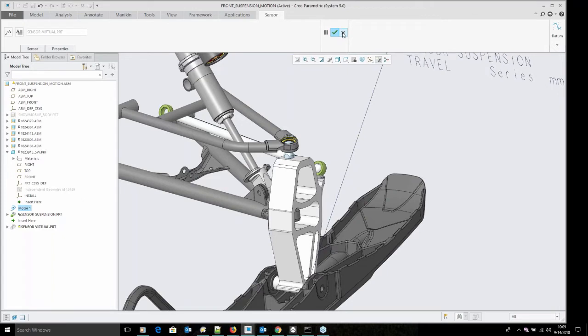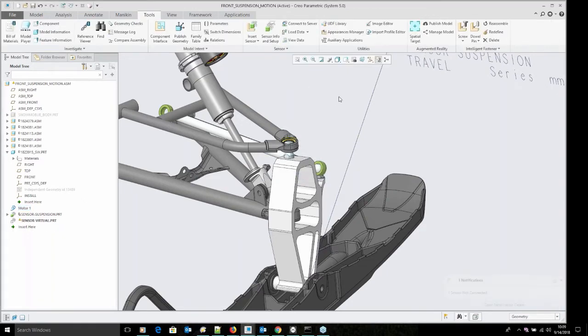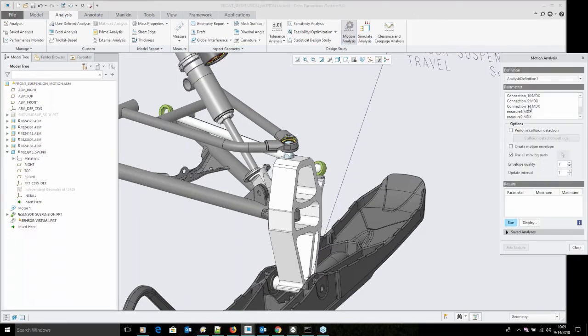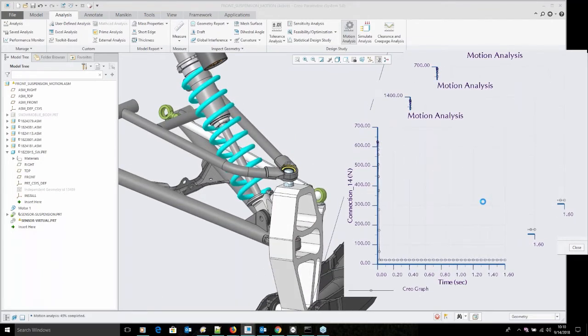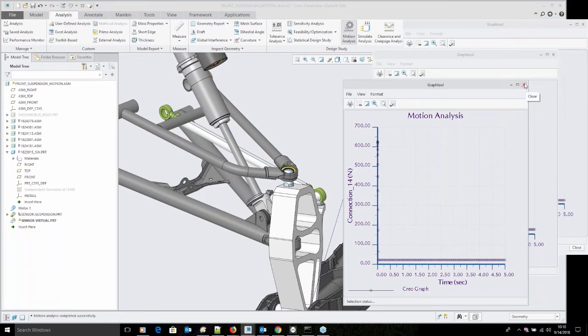Oh, yep, the step that I think I missed here is I need to go back and run my motion analysis first. So let's go back and do that. Go back here to my analysis. We'll just do a quick motion analysis for this. This is the piece that I missed here. So I just need to run this. This is where I'm actually creating the connection between these 3 different connections, and I need to run that first. That's why I couldn't connect that, because there's no result parameter to connect to until this simulation is done. So now that we've done that,